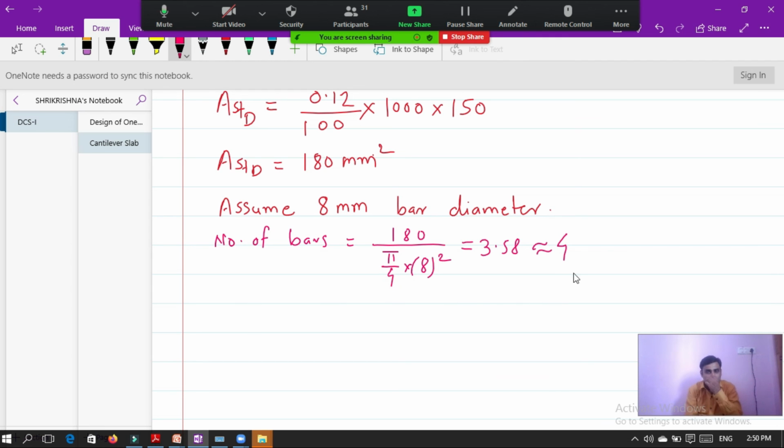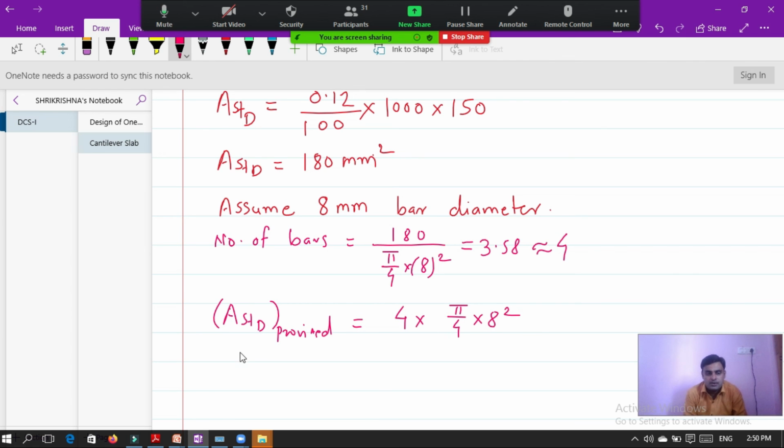So these are the four bars. Then we calculate ASTD provided, that is the distribution steel provided: 4 bars, each of diameter 8 mm.